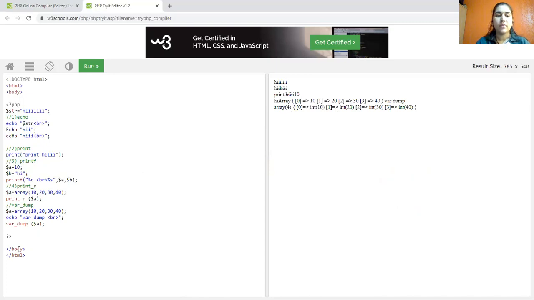In var_dump, it specifies that you have given 4 values in the array: the first index contains an integer with the value 10, the second contains an integer with the value 20, and so on, with the data type and value. Suppose I use a string here.